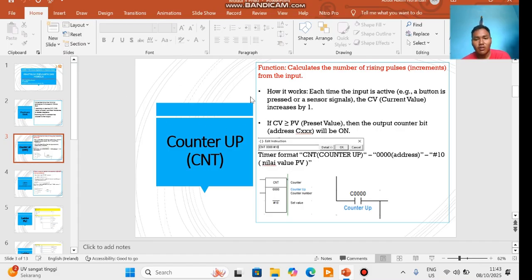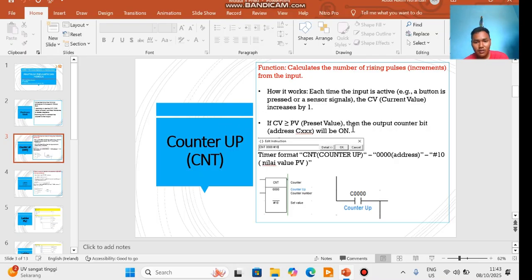How does it work? Each time the input is active, for example a button is pressed or a sensor signal, the CV or current value increases by 1.